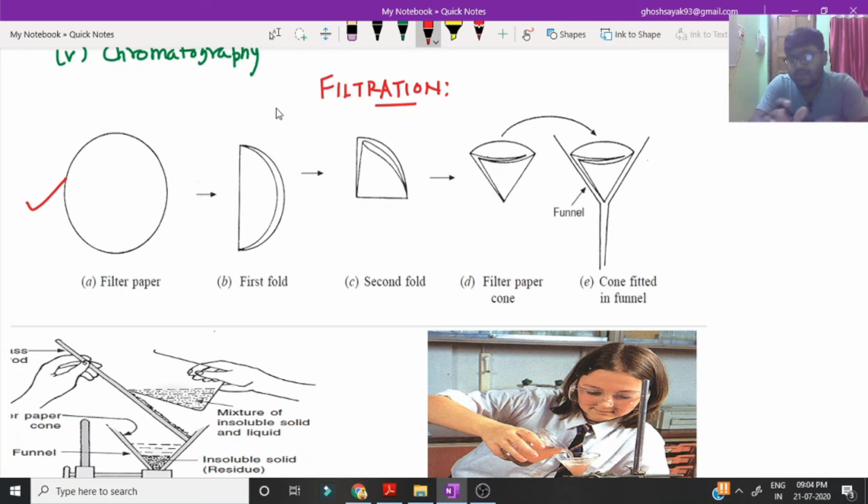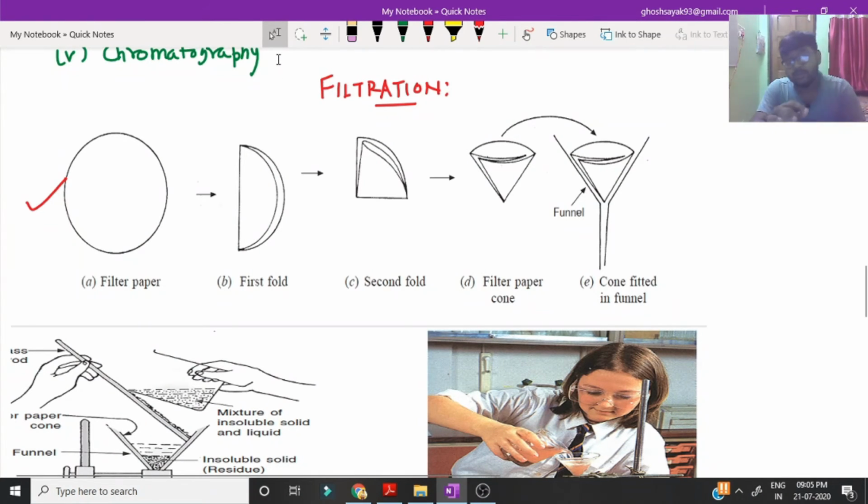It's a simple paper. It's a special type of paper. That means the diameter of the membrane of this filter paper is very special. The reason is it allows some particular components to pass through it, but some components cannot pass through this filter paper, and we use this particular property of filter paper to separate the mixture.